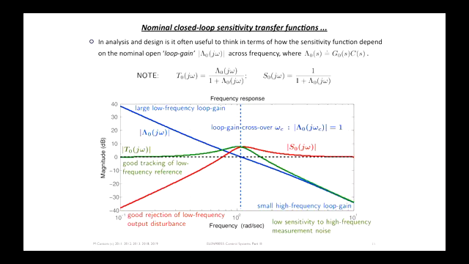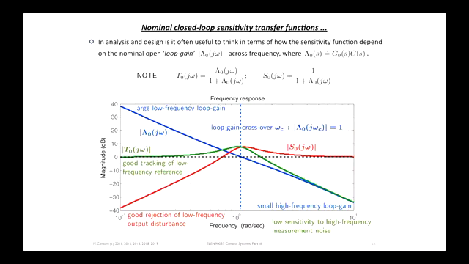Wherever we want the complementary sensitivity function to have low gain, for example, to reduce the effect of sensor noise at high frequency, we just make sure that the open loop transfer function has low gain at those frequencies. So getting things right at low frequencies and high frequencies is easy. Getting things right in the middle, where the open loop transfer function crosses over, in other words, where it has magnitude 1, you can end up with peaking